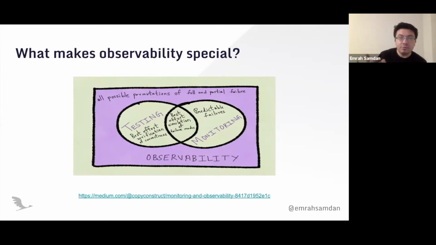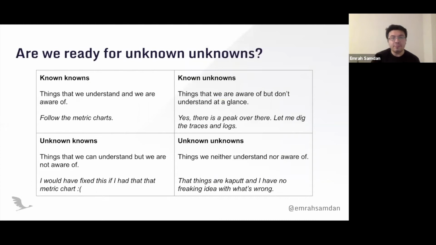So we do monitoring for the failures that can happen but that we can't actually test in our system. We do testing for the failures that we can actually reproduce locally, and we combine these two to be ready for the issues that we know. But outside of that, there is a universe that is full of many failures. And this kind of matrix shows us what we are doing